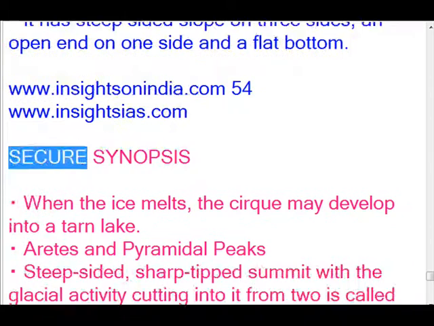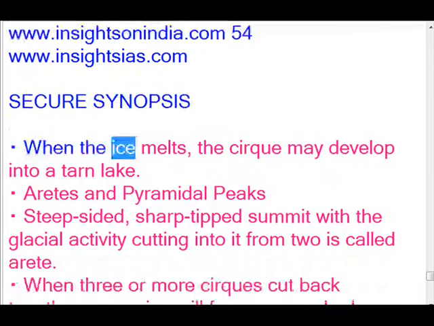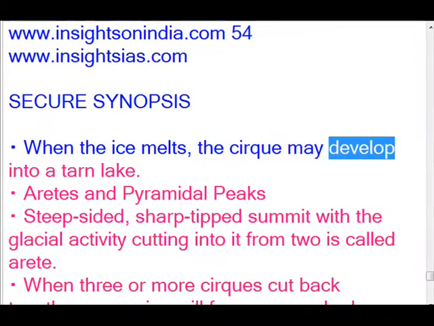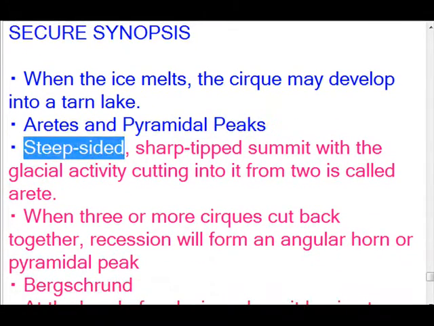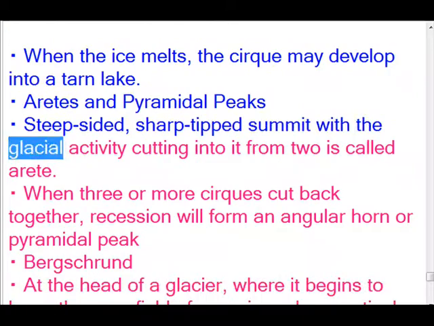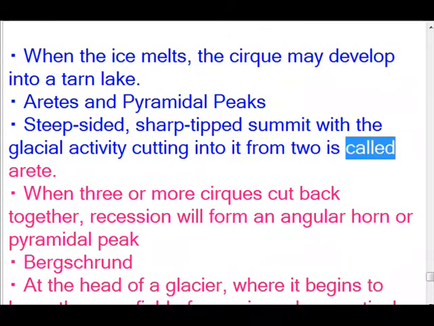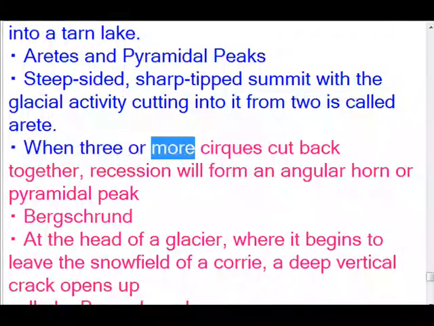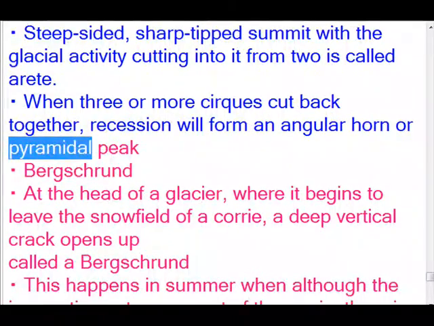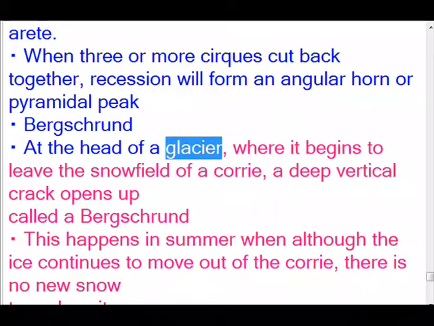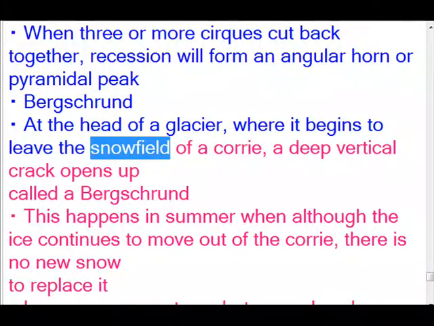When the ice melts, the cirque may develop into a tarn lake. Arêtes and pyramidal peaks: a steep-sided, sharp-tipped summit with glacial activity cutting into it from two sides is called an arête. When three or more cirques cut back together, the recession will form an angular horn or pyramidal peak. Bergschrund: at the head of a glacier, where it begins to leave the snowfield of the cirque,